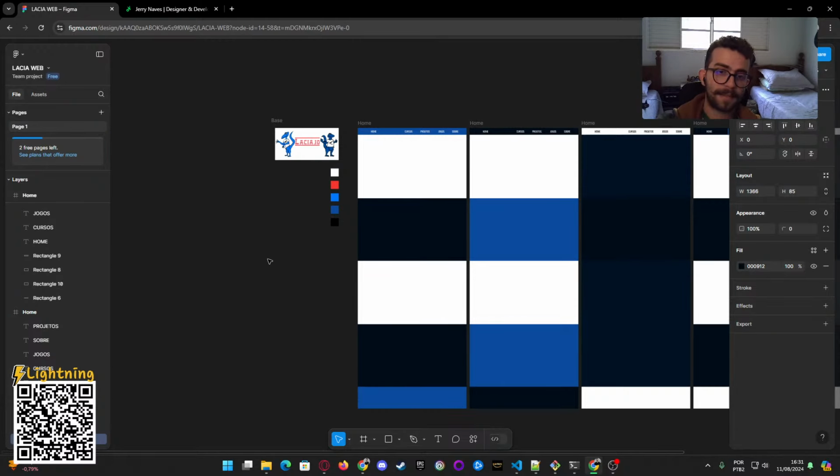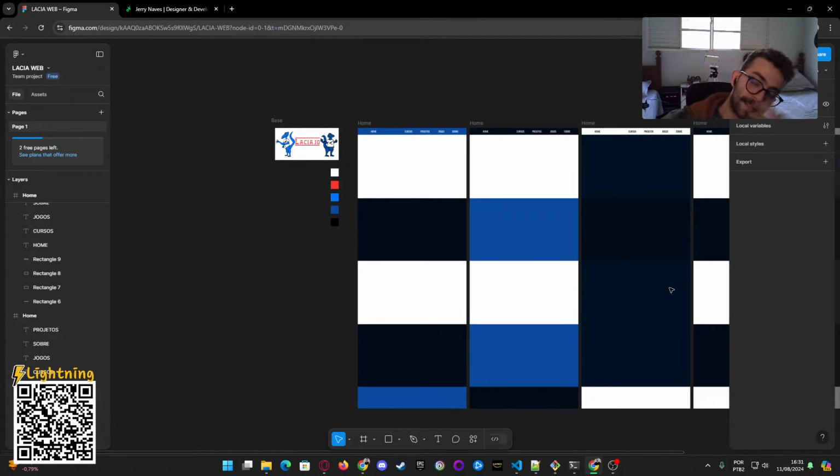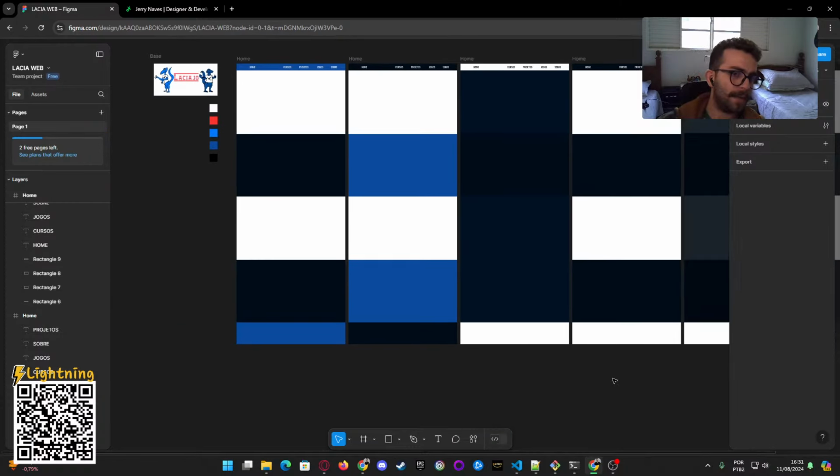Another thing is spacing. You need to understand spacing. In these screens, you can see a lot of things based on spacing. For example, we have parts here that have the same spacing as this. Okay, so it's a very nice thing to learn in UI, in UX design. So it starts from here: colors and spacing.